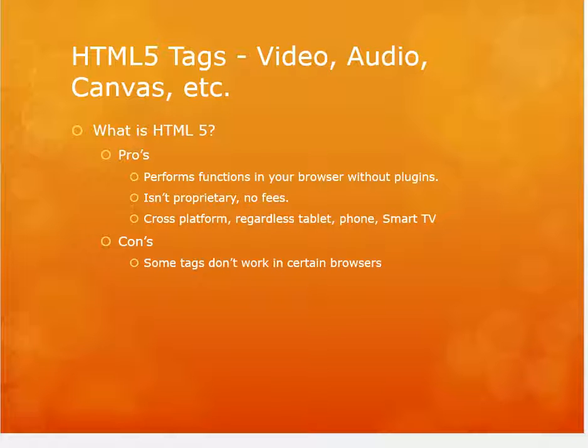HTML5 has been designed to deliver almost everything you need to do online without requiring software such as browser plugins. It does everything from animation to apps, music to movies. You can also build complicated applications that run in your browser. It isn't proprietary, so you don't need to pay any fees or royalties, and it's also cross-platform, right? So it doesn't care whether you're using a tablet or a notebook or